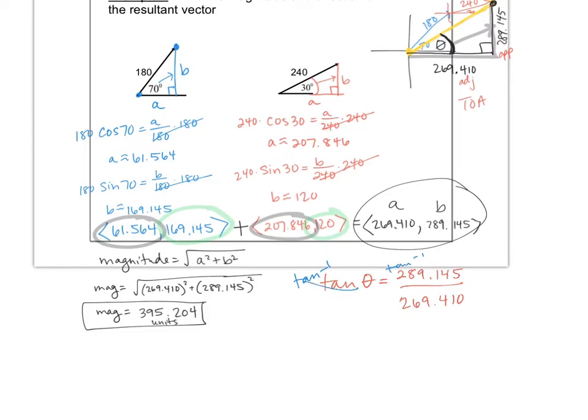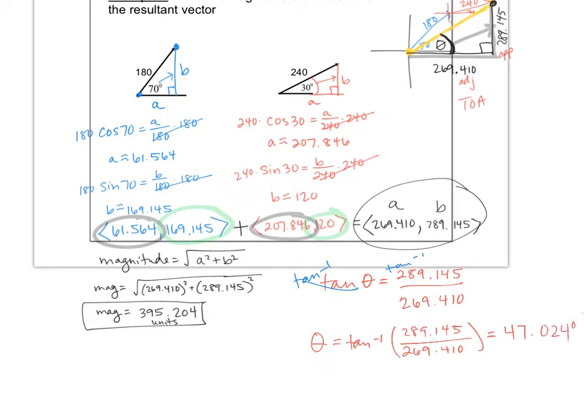So theta will be the inverse tangent of 289.145 divided by 269.410. When you type that into your calculator, you have to hit second tan, of course,